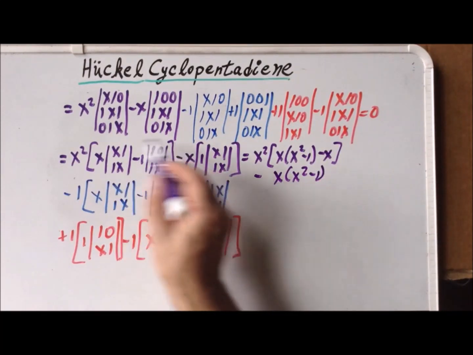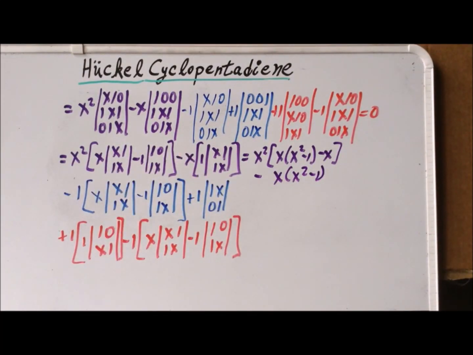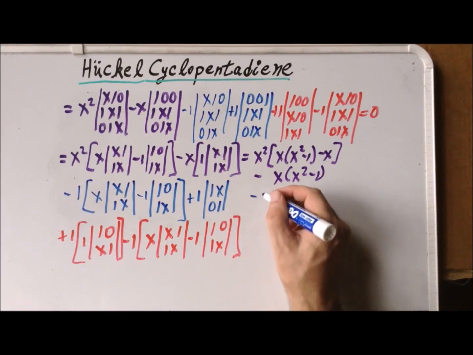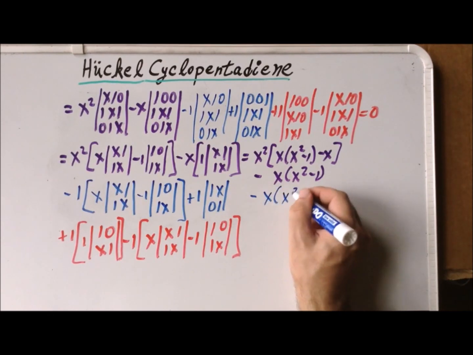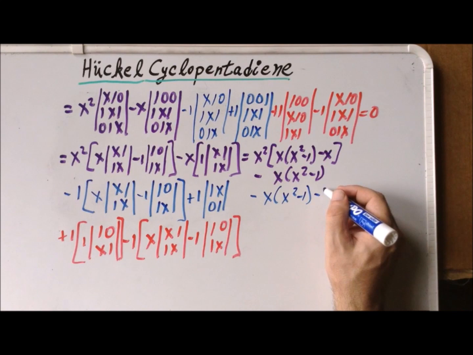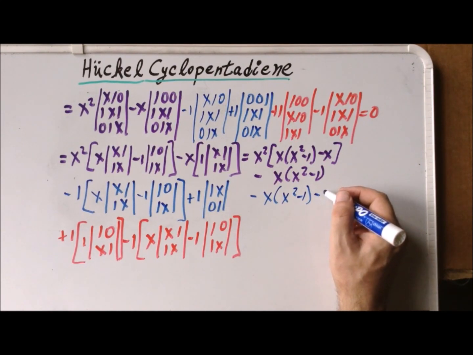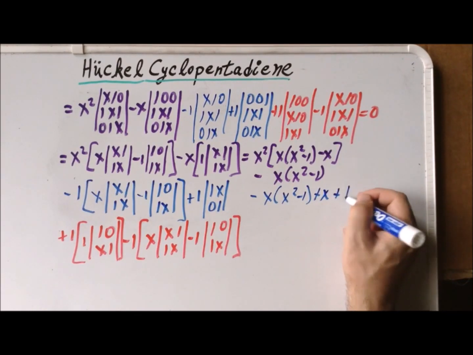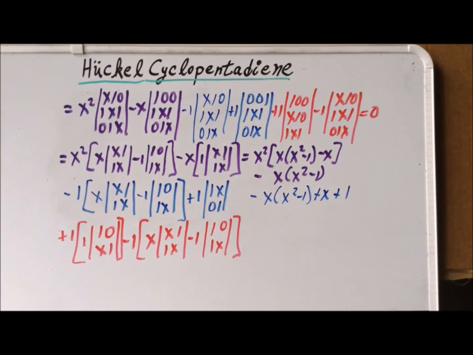So that's the simplification for the purple terms. The blue terms equal minus x squared minus 1 minus x plus 1. And now for the terms in red,